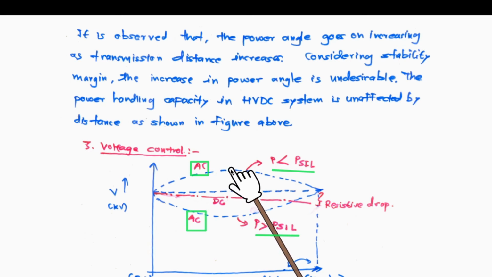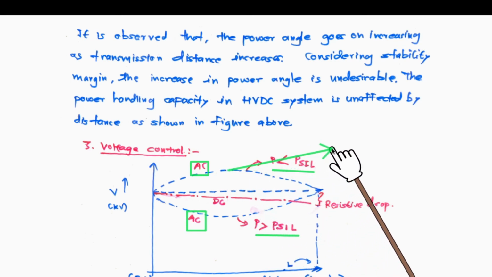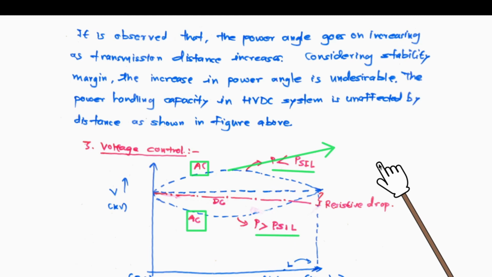Naturally there may be a question in our mind: if the voltages are maintained at the sending and receiving ends, why are we worried about the voltage level in the middle? Because the receiving end will have a voltage profile equal to the sending end in case of AC only in the presence of a compensating circuit. If there is no compensating circuit, then the voltage swell may be very adverse at the receiving end. It may just keep rising due to the low amount of load on the line.